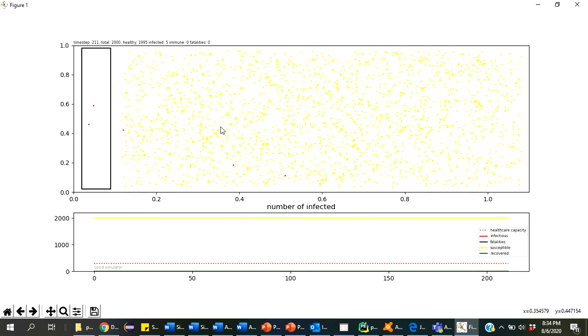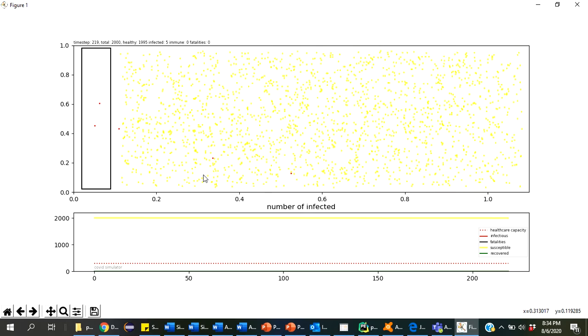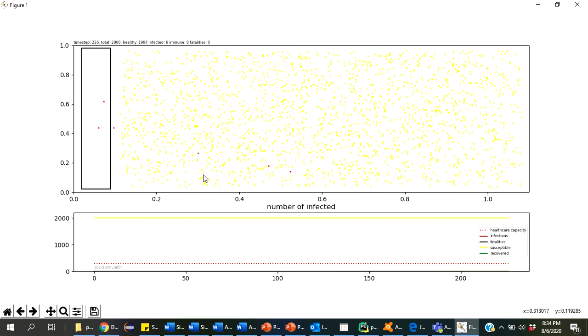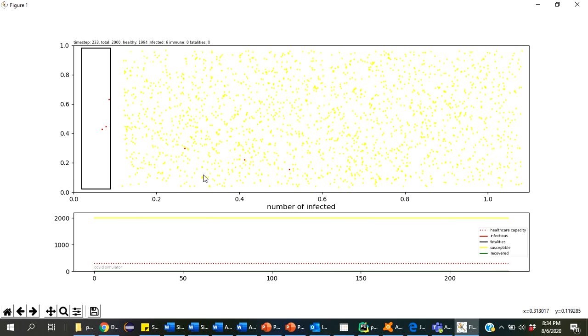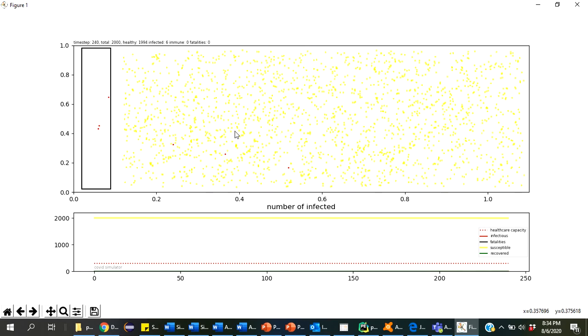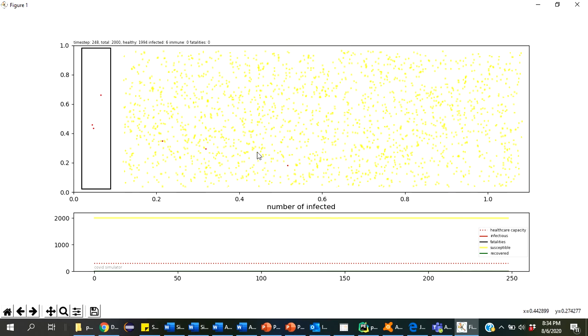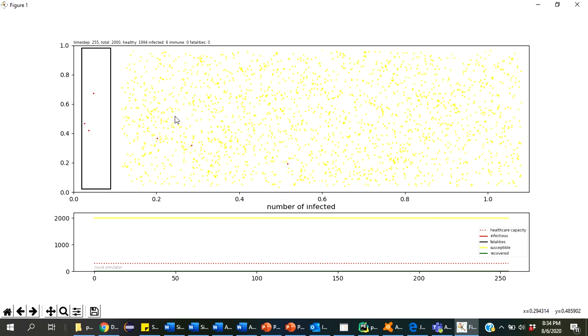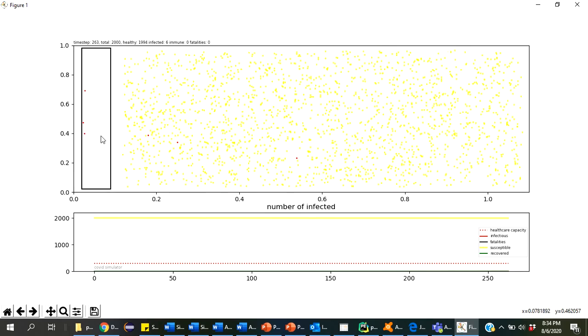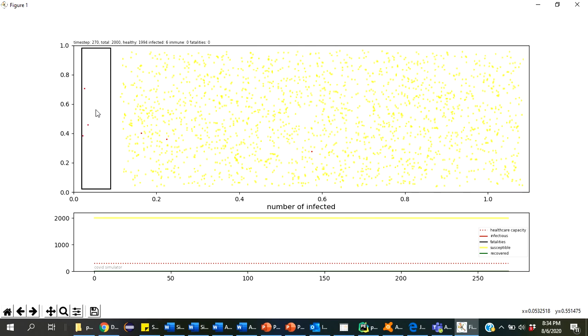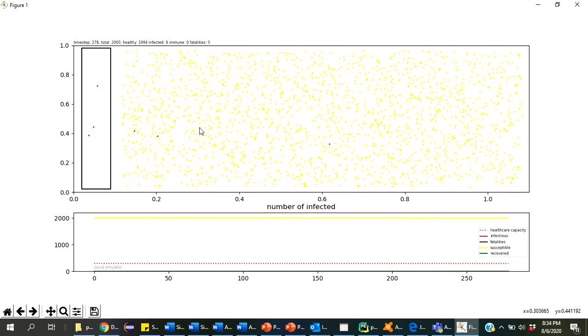I have used the same thing here, but this is not 100% true; I have assumed that after getting immune you cannot be infected again. You have to wait some time if you want to see that: after coming into this part, people get immune and go to this side as well.